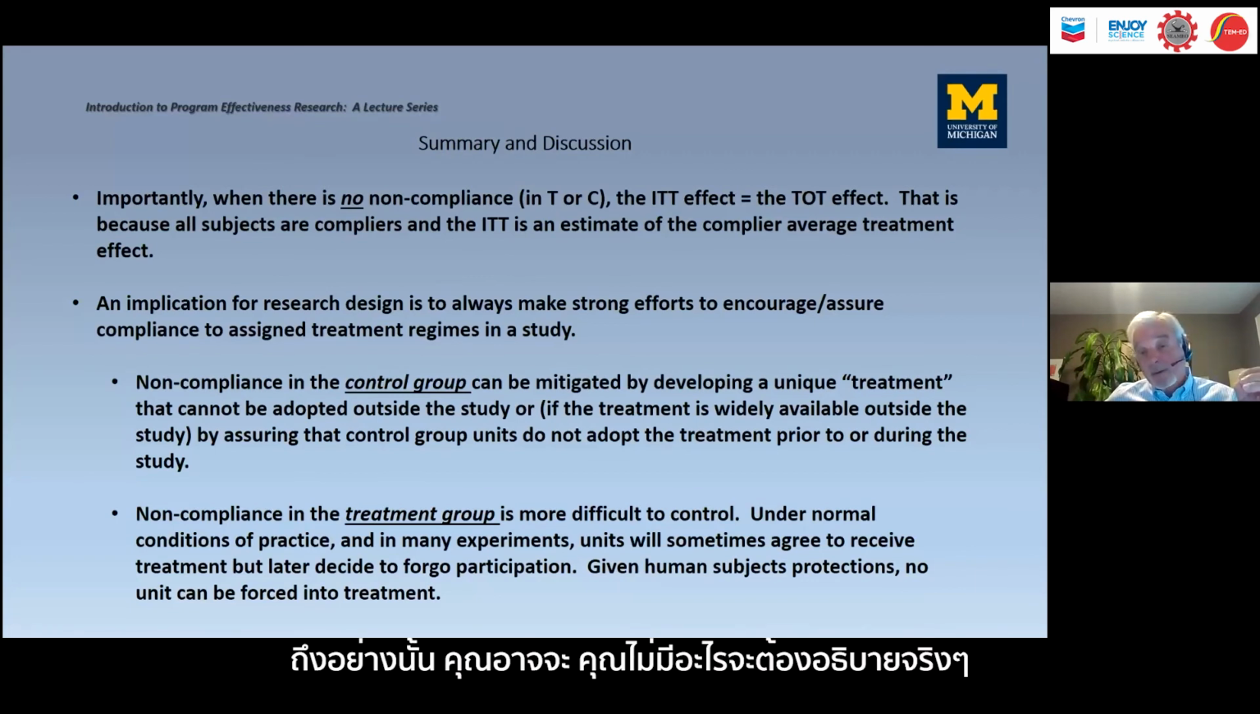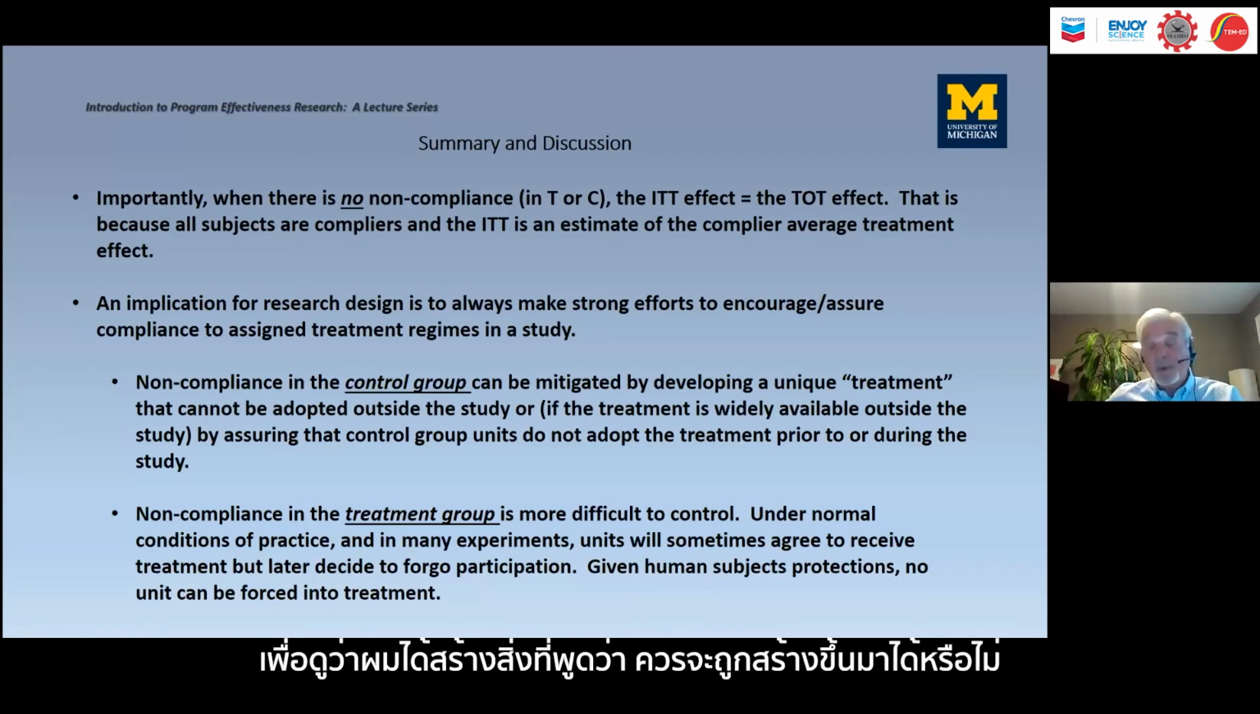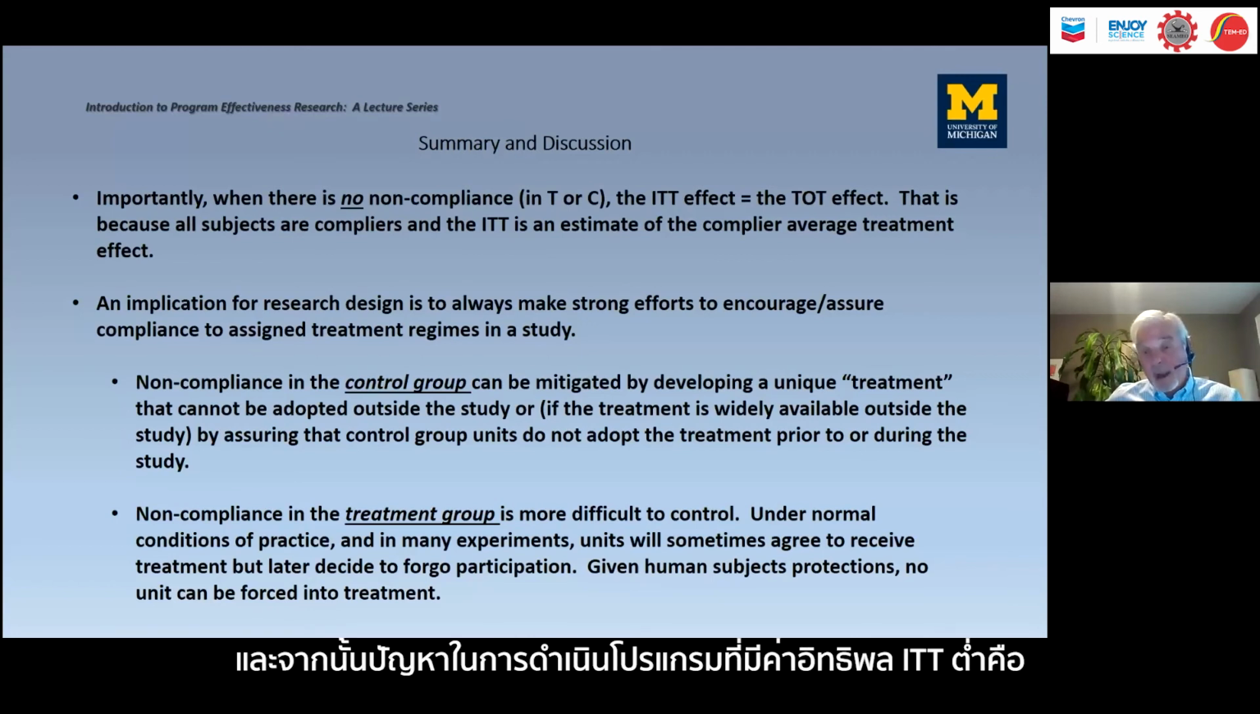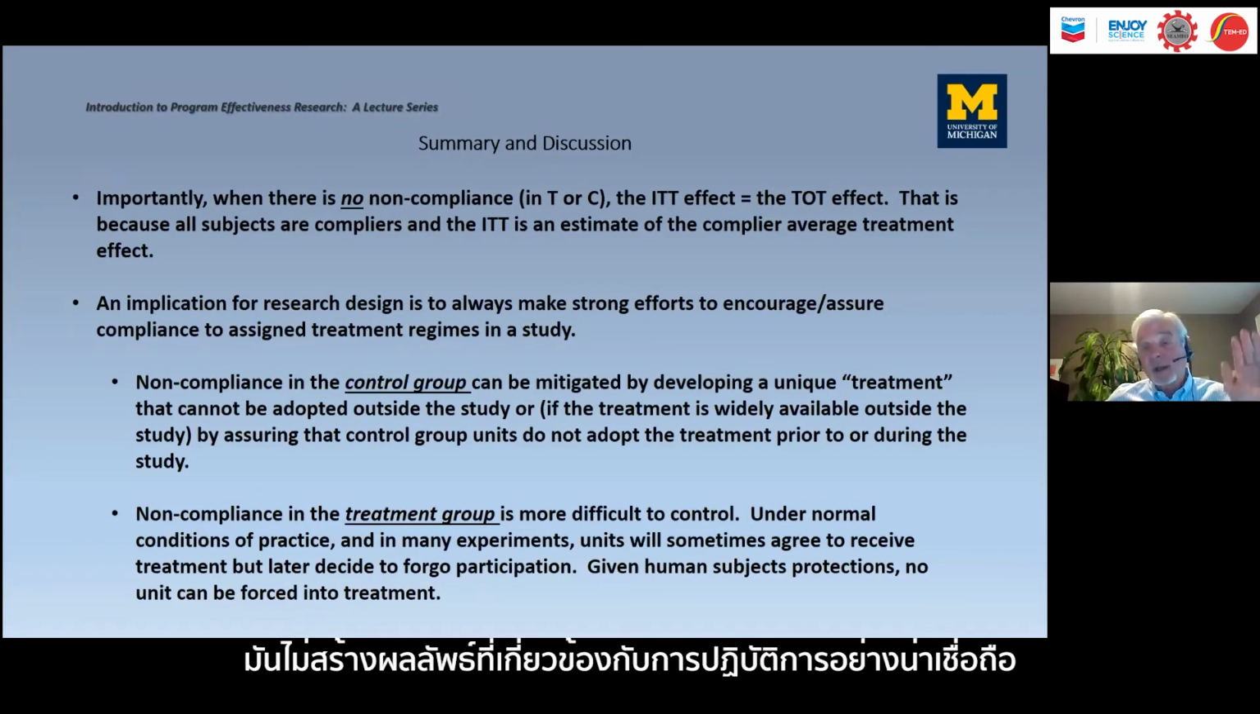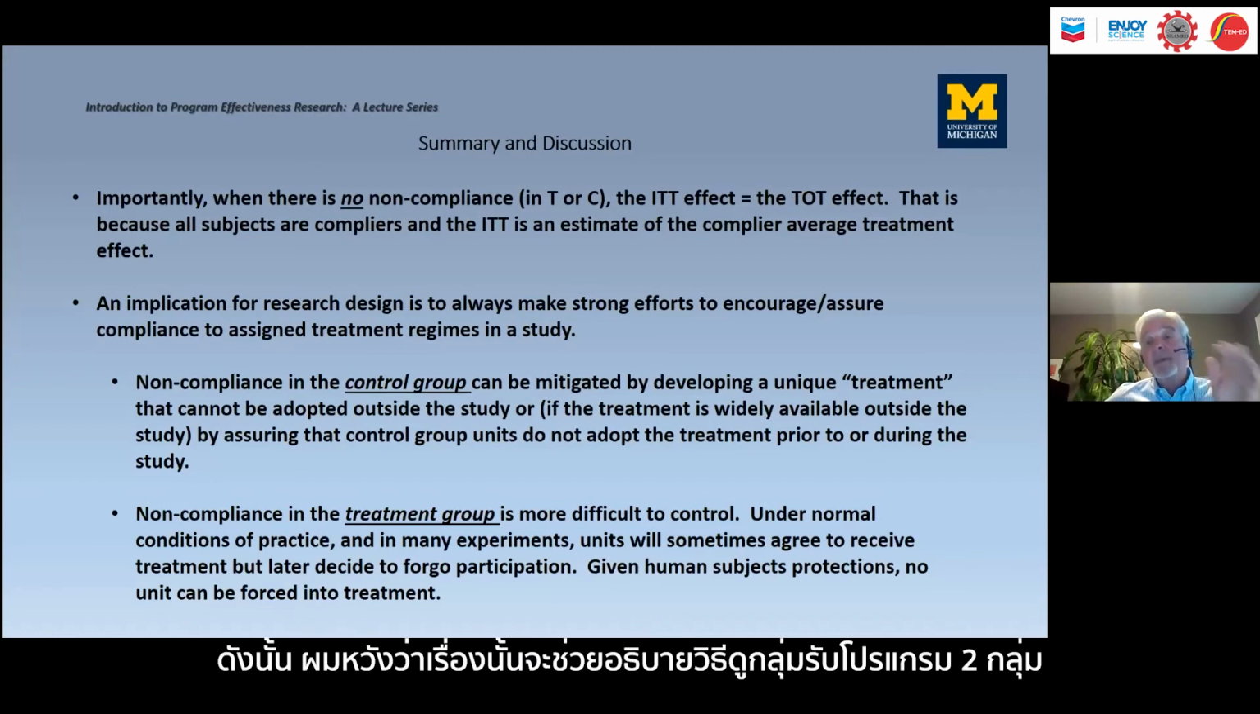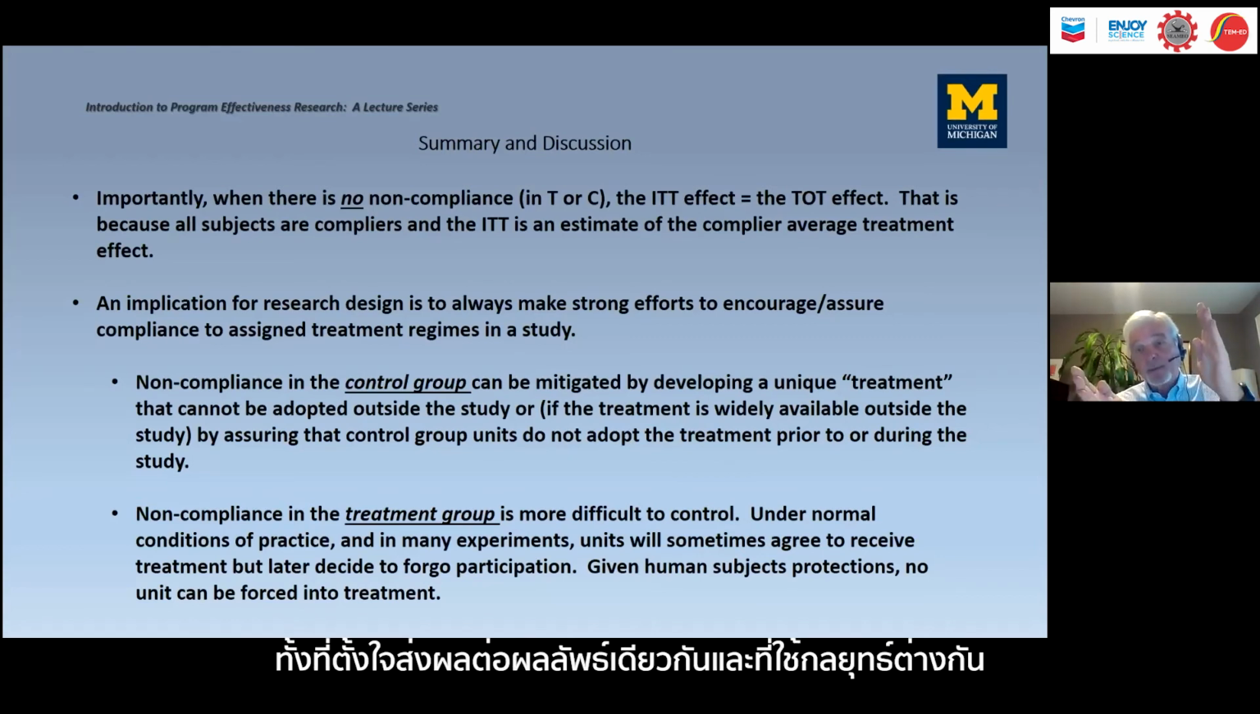You might, although you don't really have anything to explain, try the mediator Acme kinds of models to see if I produced what I say should be produced, and whether it really does affect the outcome. And then the problem in the low ITT intervention program is that it's not reliably producing implementation outcomes. So I hope that explains how you might look at two different treatments, both intending to affect the same outcome